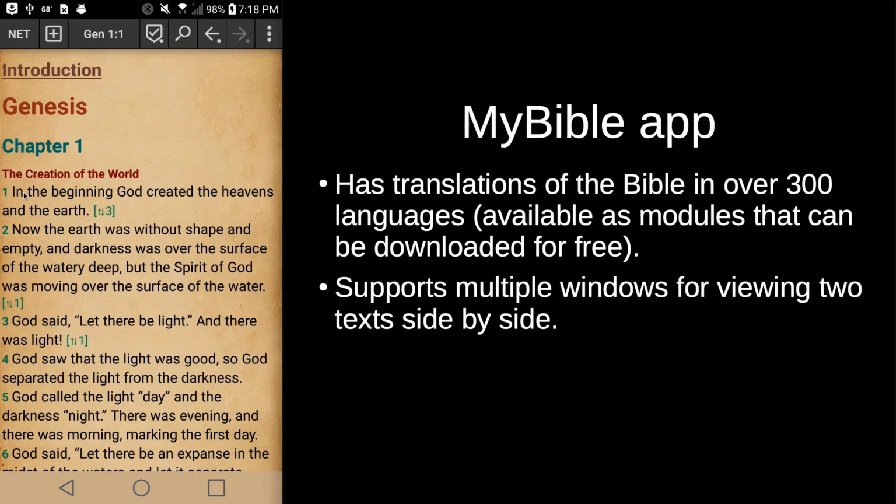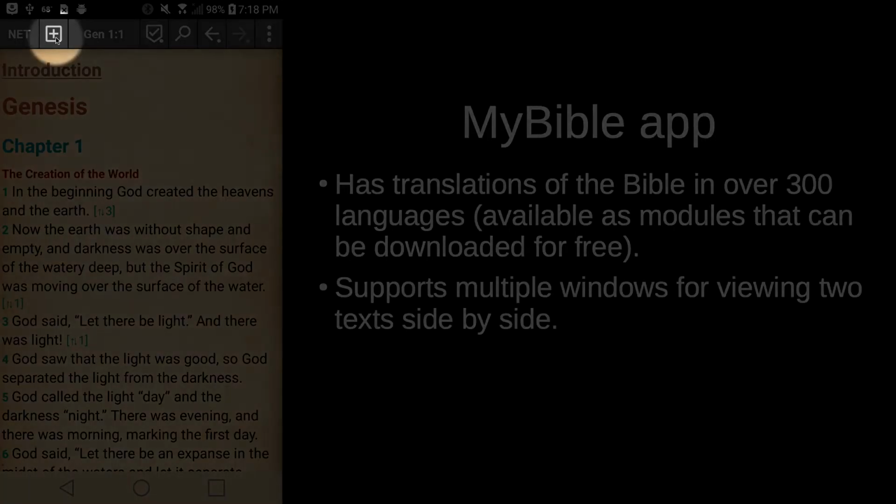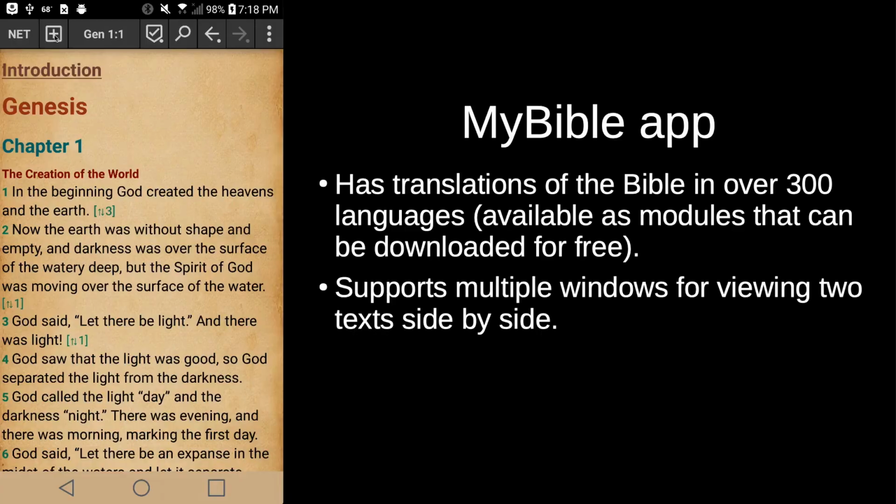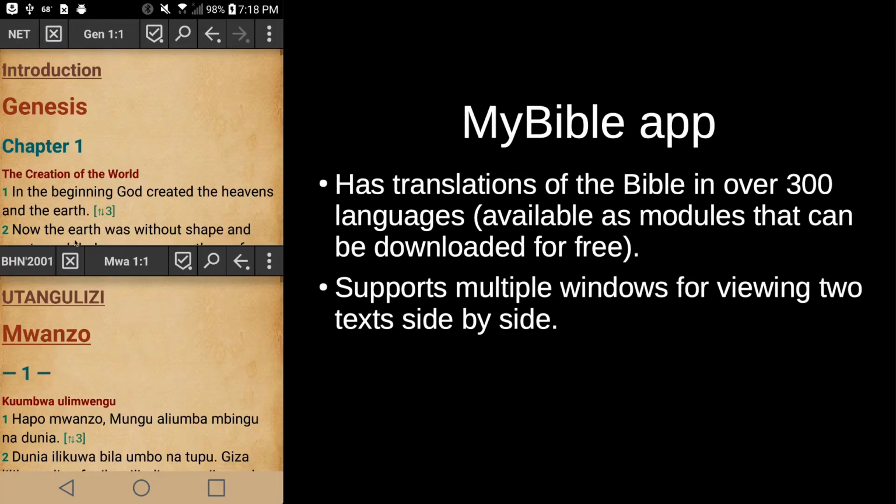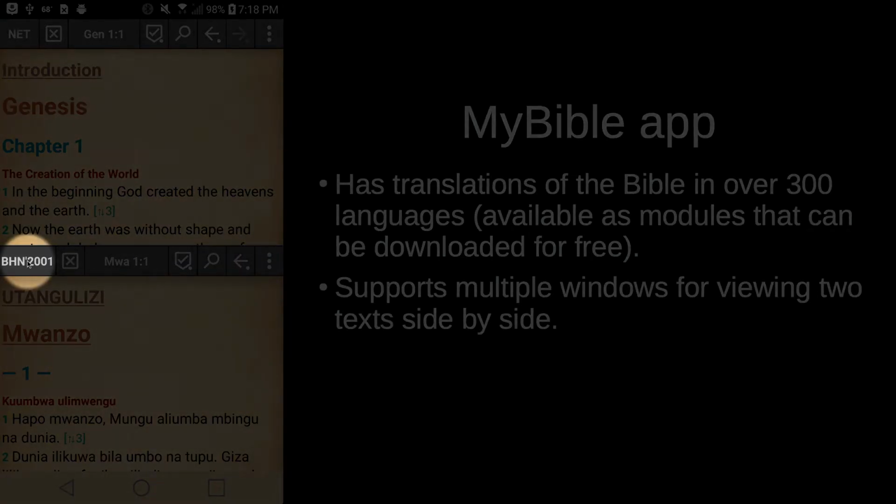So the MyBible app also supports multiple windows, which is really handy if you want to look at different translations. So here on this plus symbol, if I tap on the plus symbol, it pulls up another window, and in this case it has the Kiswahili Bible. So here on the top I can be looking at English, and then in the bottom window I can be looking at Kiswahili, or I could click here on this BHN